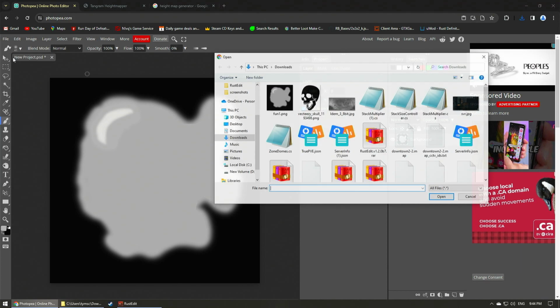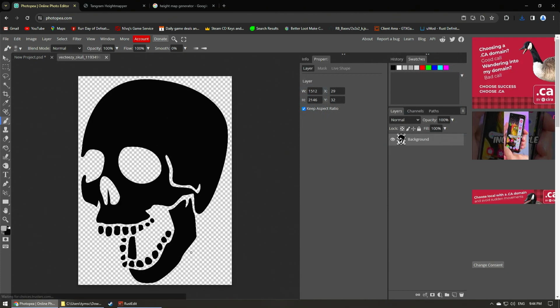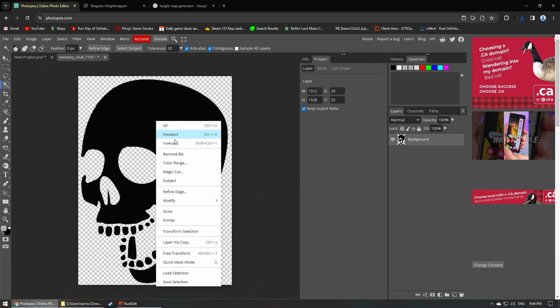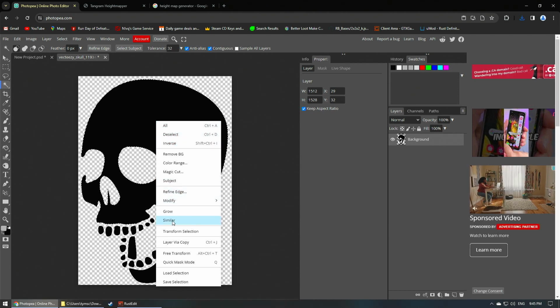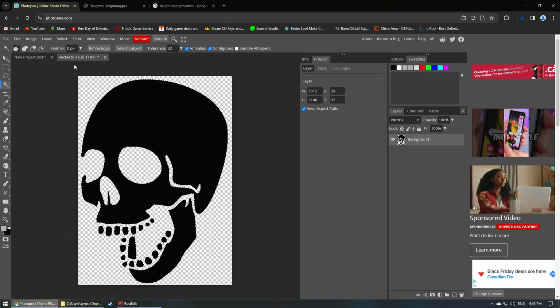And then the last thing that I like to do and do often is find something on Google images that looks good and looks like it would make a good island. Something like this skull here. This is just a piece of clip art I found on Google, and basically we can turn it into a height map. You could load it as a height map, not as is because the colors are wrong, but if you selected all of the skull itself,